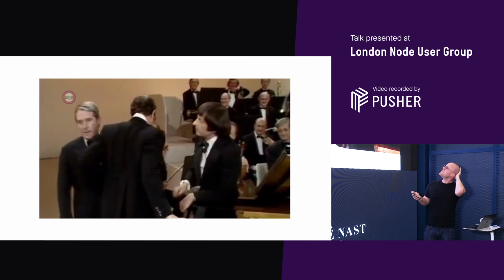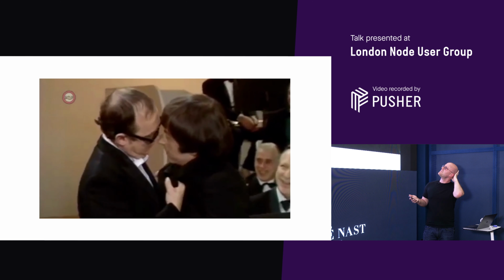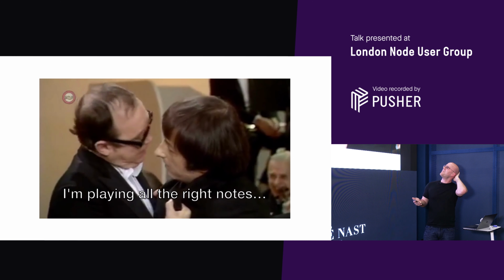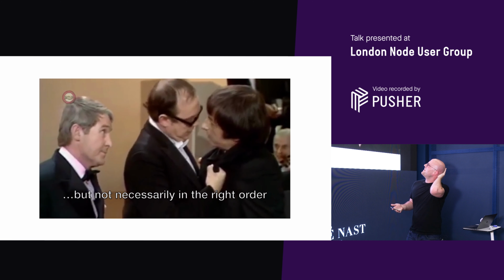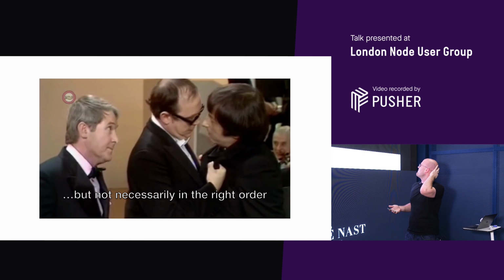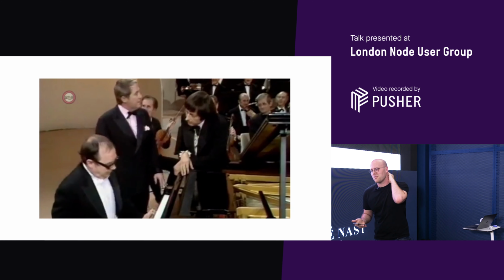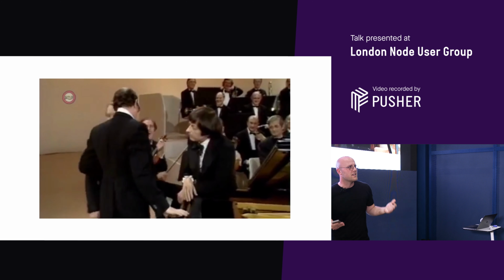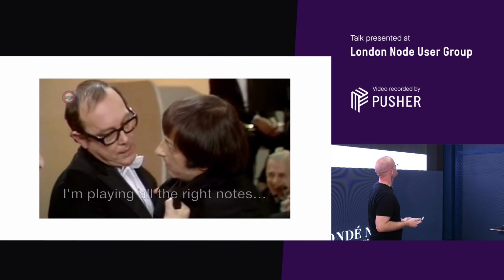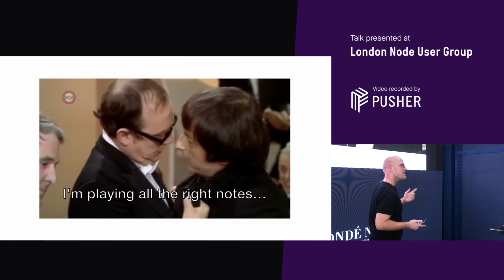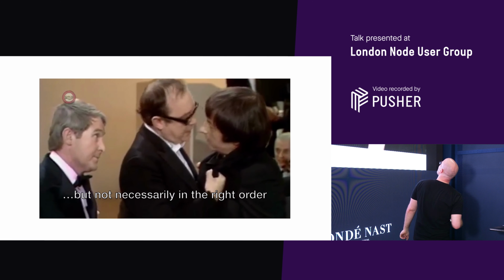Let's see how well this plays. If everyone remembers, playing all the right notes, but not necessarily in the right order. So evaluation order is a big deal. I mean, it's what you expect from a computer to execute stuff in the order that you expect it to.